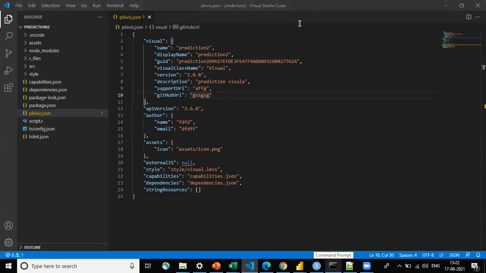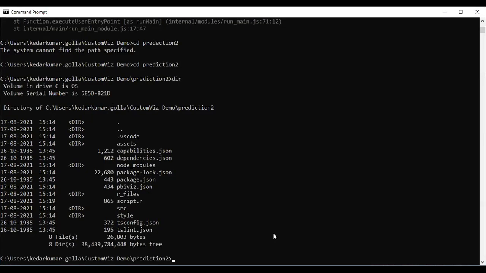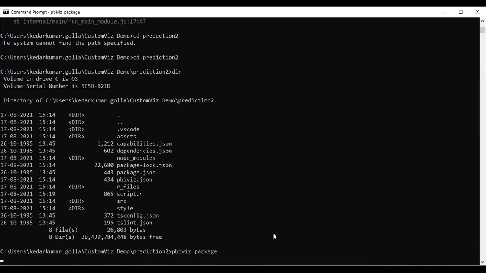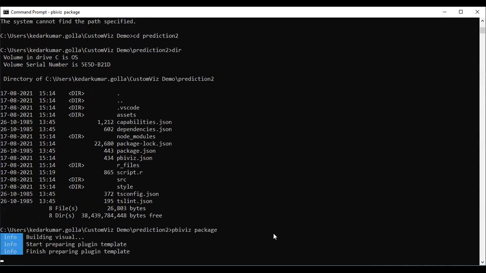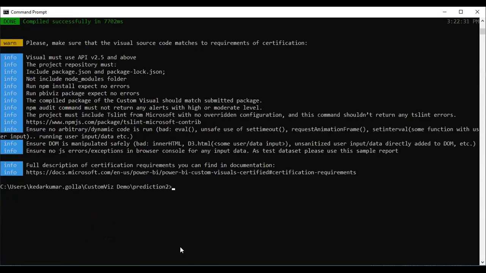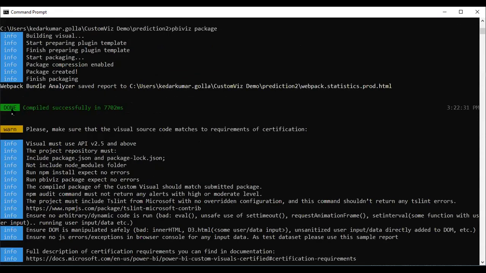we need to go to our command prompt, and now we need to run Power BI Viz package. Now, whatever R code we have written will be compiled, and a Power BI visualization file will be generated. If you see here, it shows done, compiled successfully. So now what we need to do is,